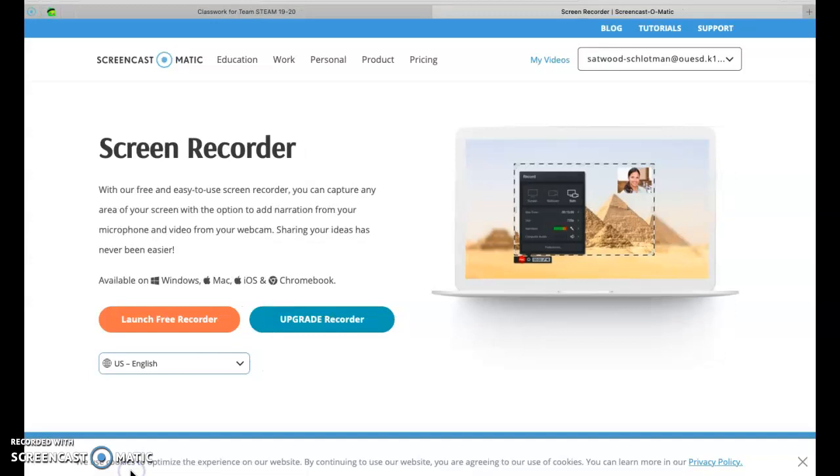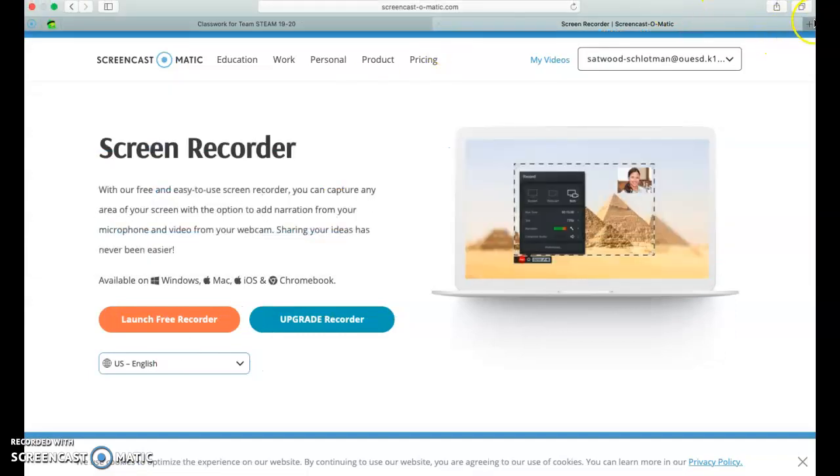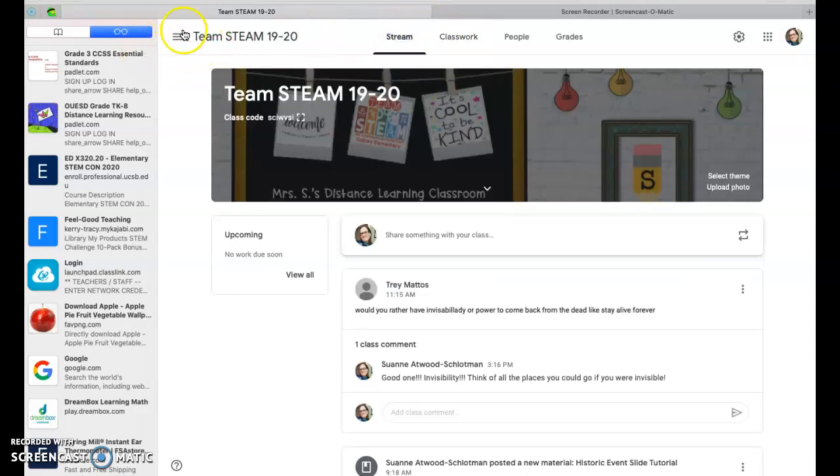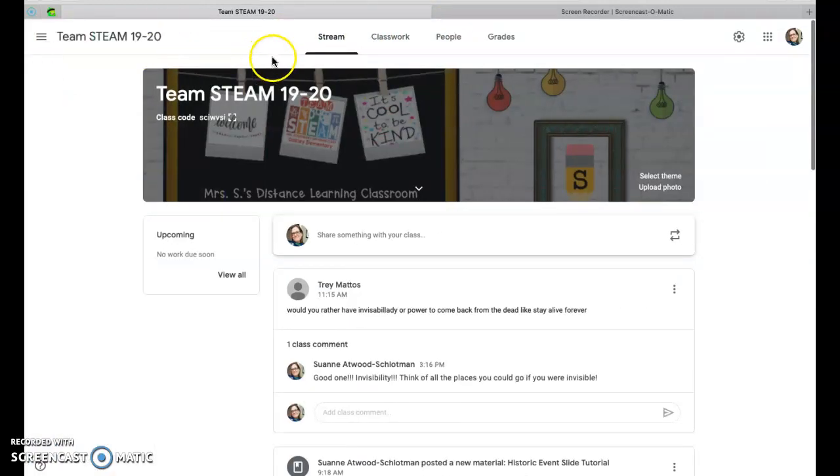I'm going to open up my web browser and go into Google Classroom, and you will see that I'm already on the classwork tab. When you go into Google Classroom, you start out on the home page. Choose Team STEAM 1920 for the class. Then the first thing that opens up will be the stream, which we have a great game of